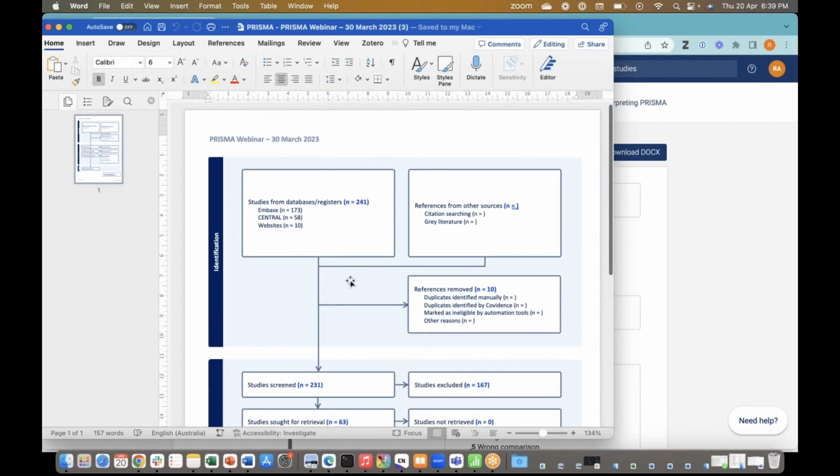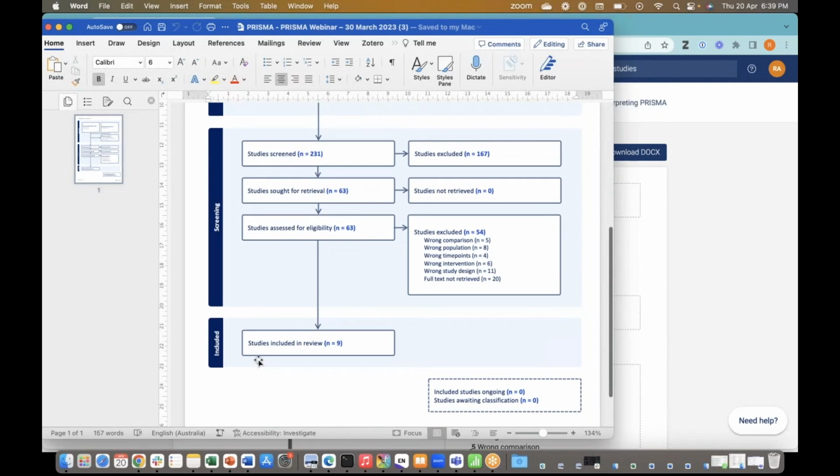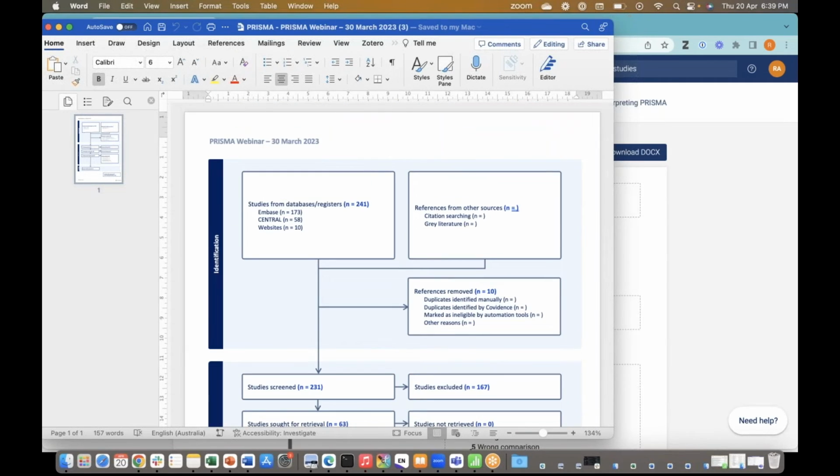So as recommended, there are 3 sections, mainly identification, screening, included. I'll go through each section, and I'll highlight the things that you need to do after you export. Firstly, you will see that I added websites, and websites are here under databases and registers, and it should